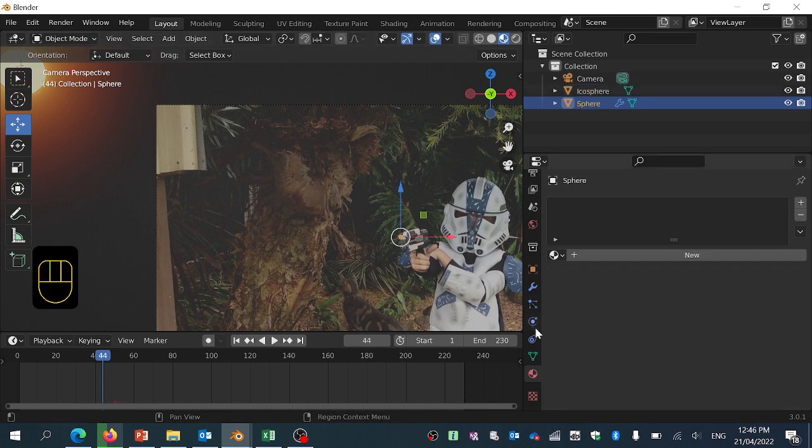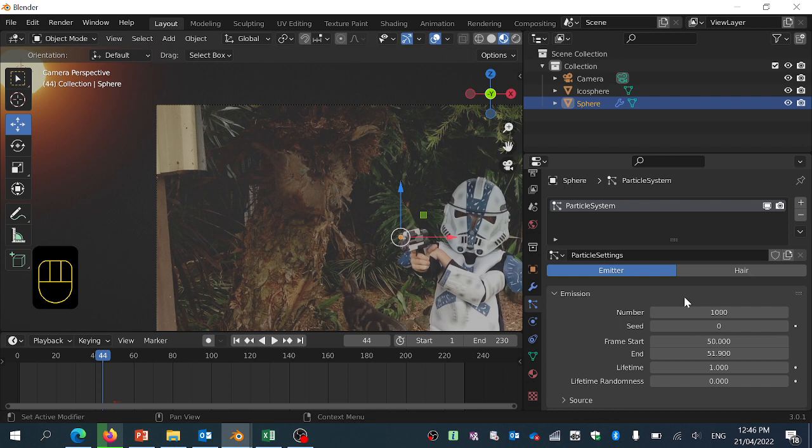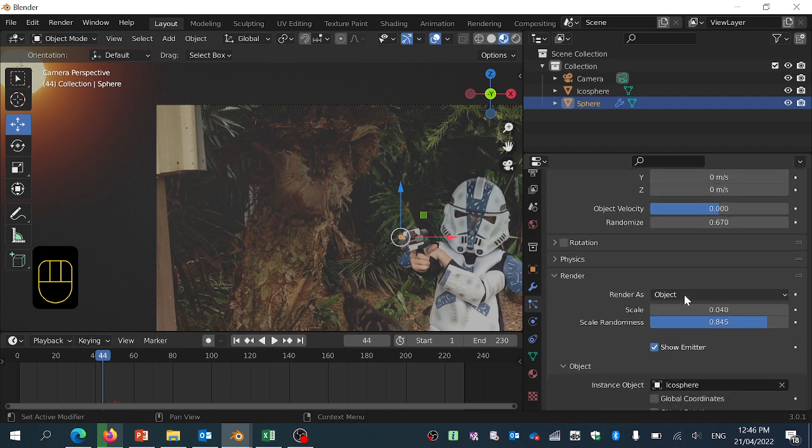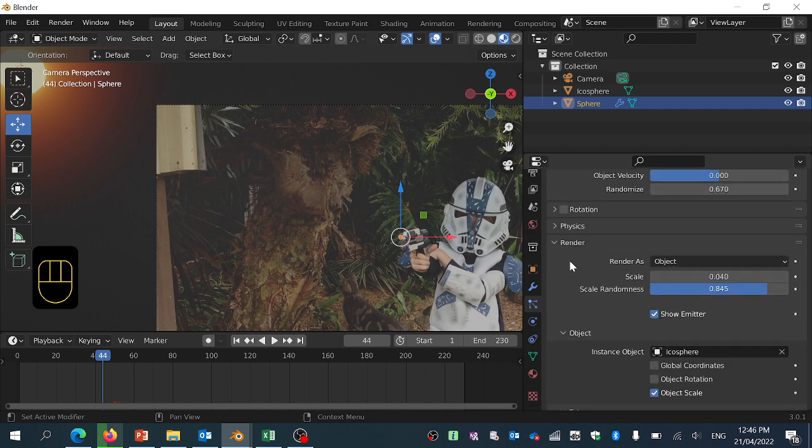Now, the last thing I have to do on my particle system is I need to make sure it doesn't show the emitter. So this little tick box under render where it says we've rendered this object, we need to turn off the emitter. That's going to turn off that little sphere so you don't get a little dot just hovering there over the gun in the middle of the frame. Okay, now we're ready to add